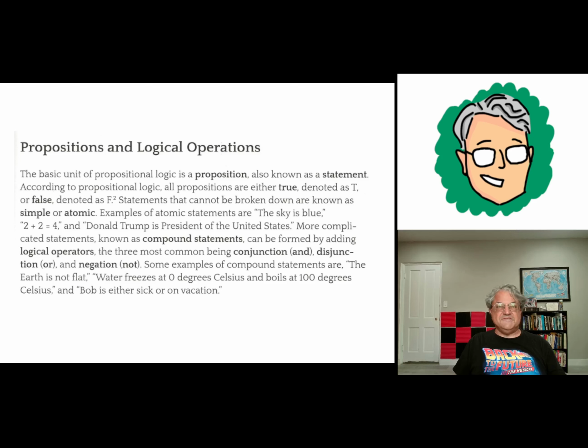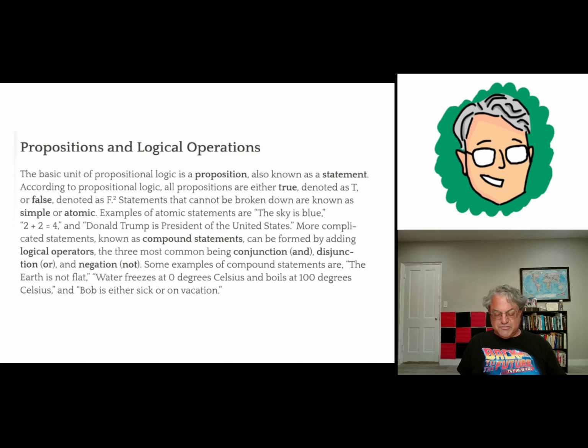I'm going to give a lot of lessons on Boolean algebra, but just for now, keep that in mind. And is like the intersection, or is like the union. And is sort of exclusive, and or is inclusive. So you could say the sky is blue and 2 plus 2 is 4. That's only true if both of those atomic statements are true. But you can say the sky is blue or 2 plus 2 is 4. That's true if either of them is true. They don't have to both be true, but either one or the other or both.